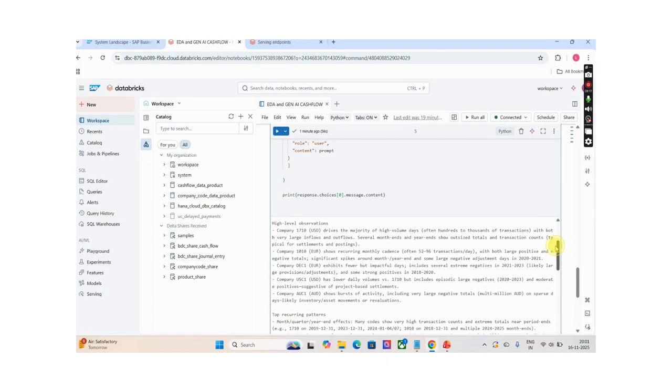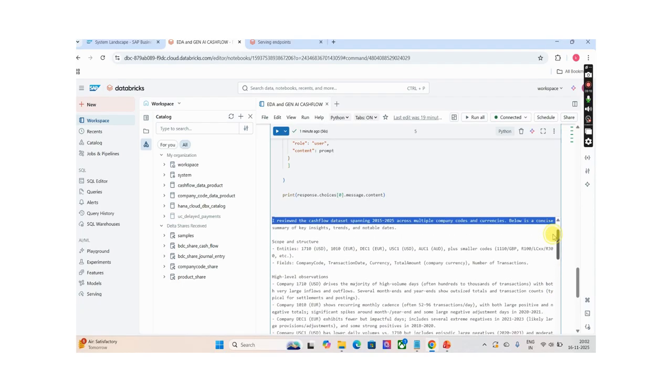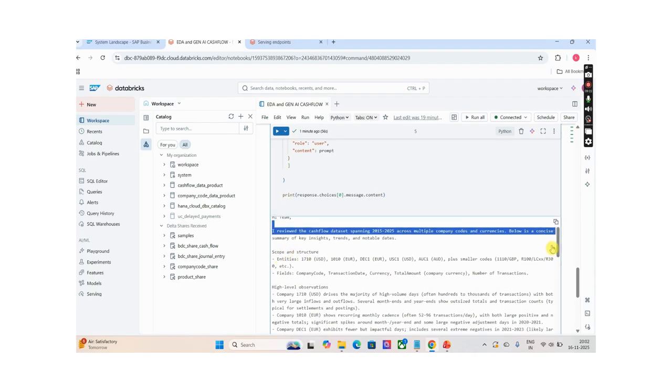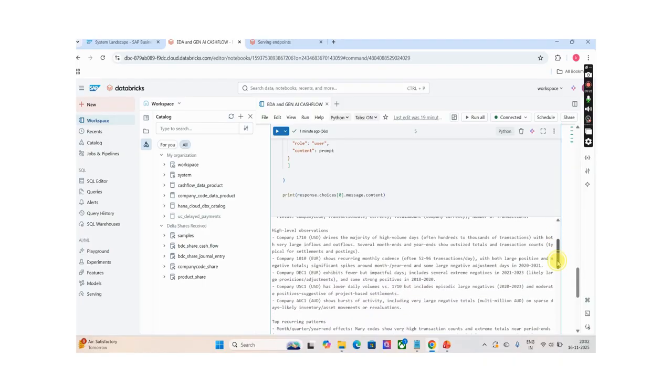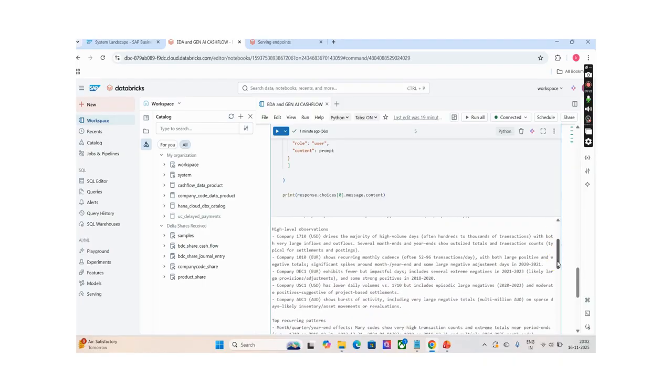Here you can see the high-level observations it's showing: scope and structure first, and second, high-level observation, for company code 1710 USD drives the majority of high volume. So this is the analysis done by the LLM for our cash flow data.